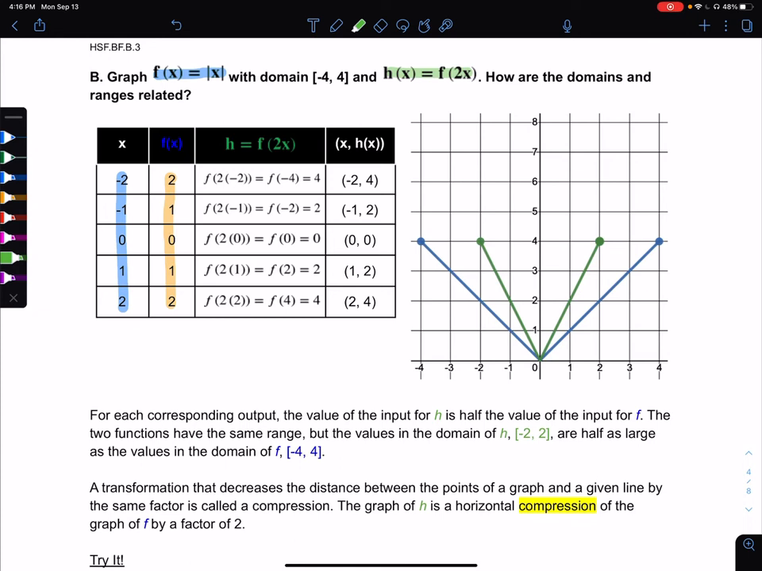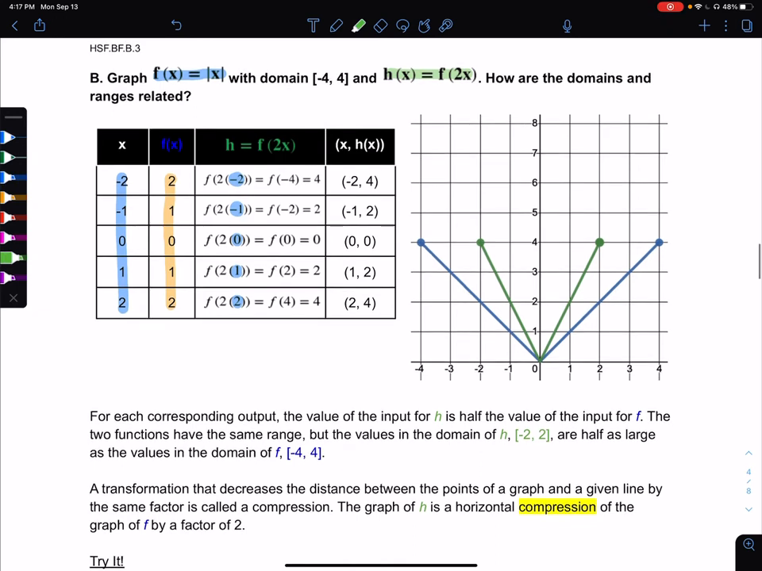And again, they want to know how the domains and ranges are related. So we're taking our -2, -1, 0, 1, and 2. Those are still being plugged into our function. And this time we're multiplying by our value of 2. They kind of skip a step in this case, or not necessarily skip a step, but